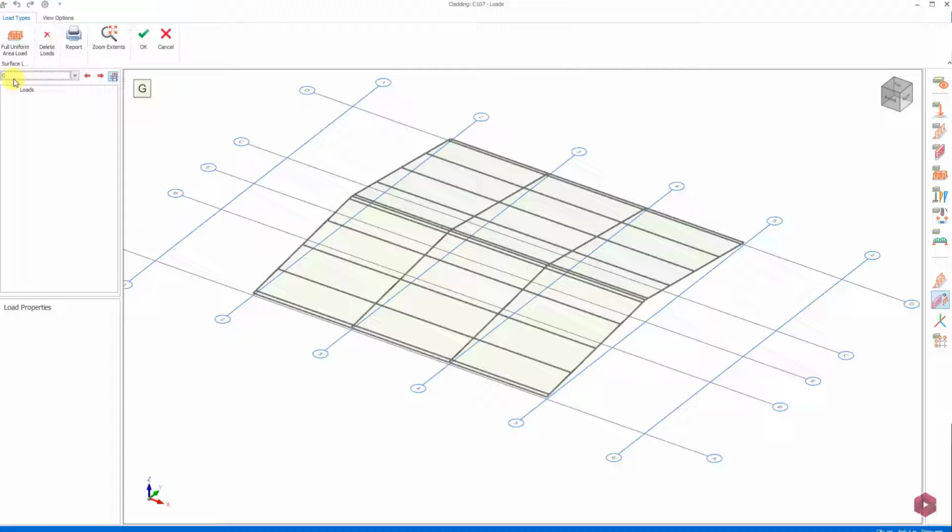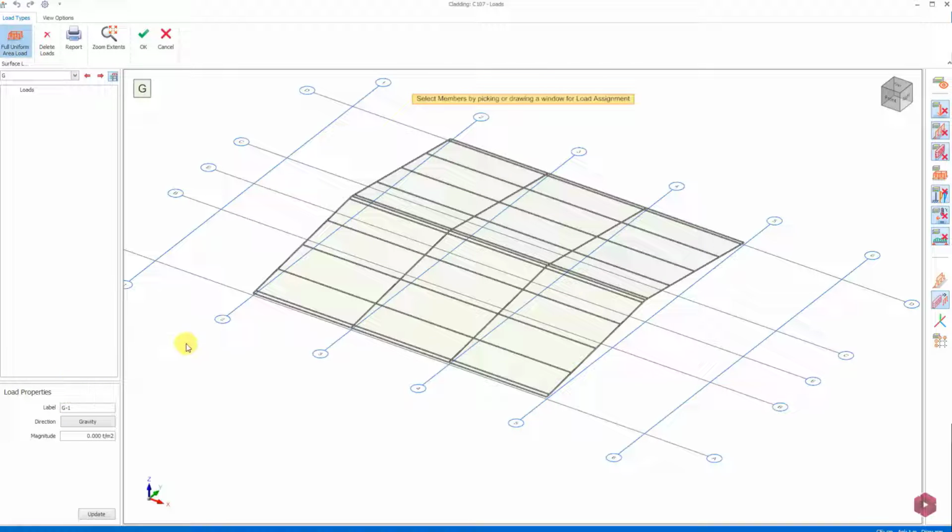After selecting the area load command, there is information about the load in the lower left corner of my window. Here the label of the load is designated as G1. Protostructure sets this tag to be the same as the load case. At the same time, we see the direction option. Again, Protostructure sets the default direction option as gravity, specifying that the loads will be in the direction of gravity or their movements will be in the direction of gravity.